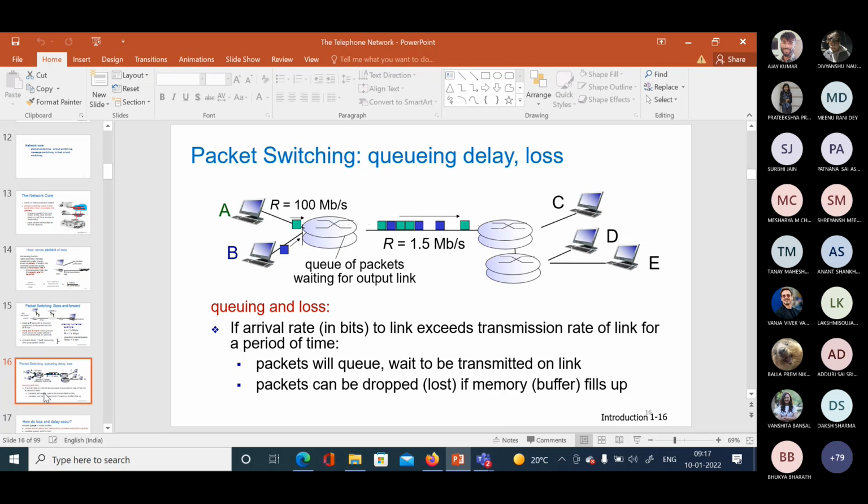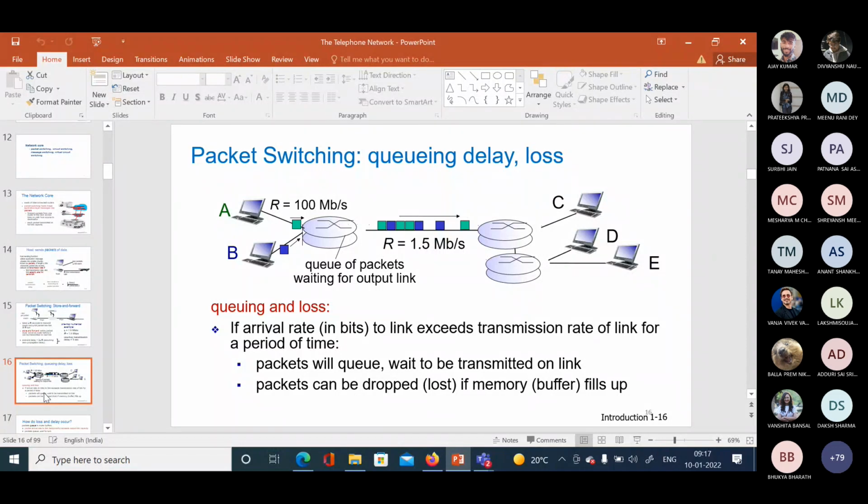Whenever there is data to be sent, it is sent as per the requirement. If there is a burst of data, whatever resource is available, which is R bits per second, is the only resource available. So accordingly, according to that speed, the data will be sent.